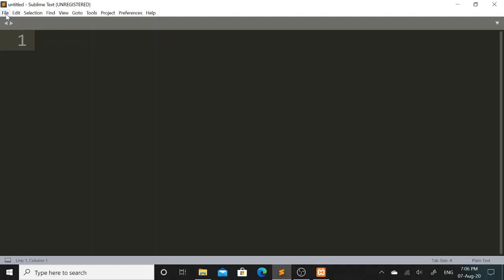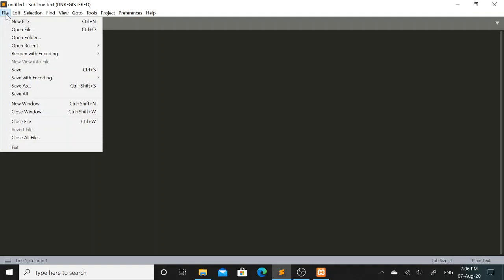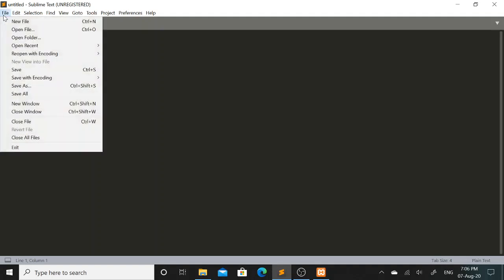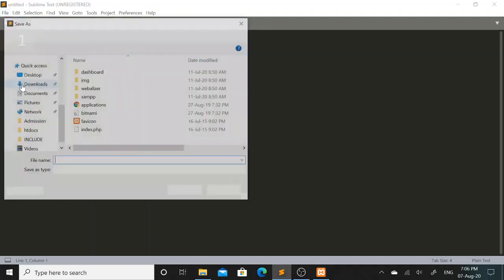So initially I will click on file. Here I am taking the help of Sublime Text Editor to create one HTML form. Before creating the HTML form, initially I will save this file. I will click on file, then Save As.